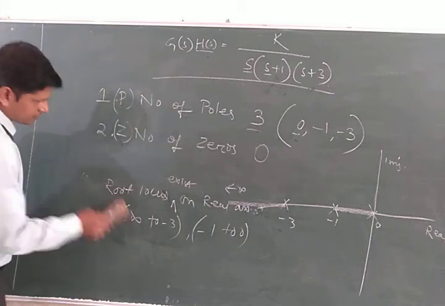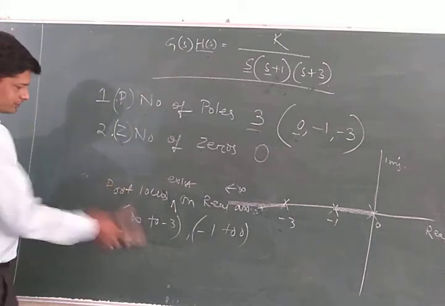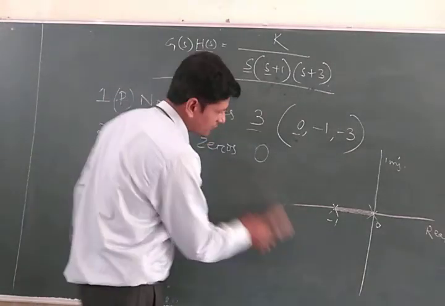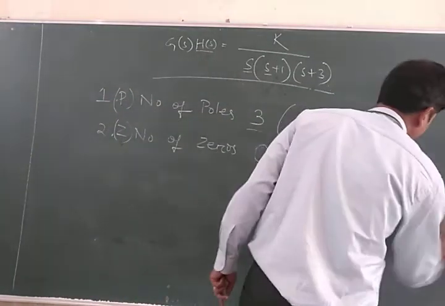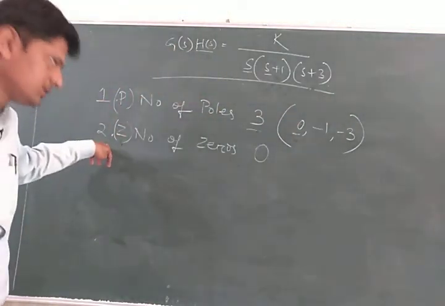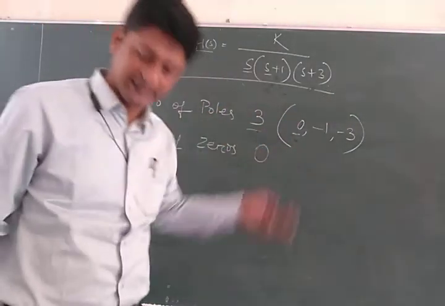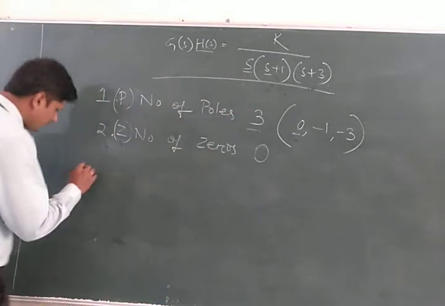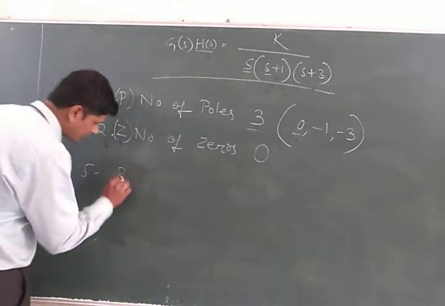Next, I have to use this point number 4 because I am continuing with point number 5. But I am not using point number 1 and 2 because they will be applicable in point number 6, which is centroid. But I am now finding point number 5. It is called break point.